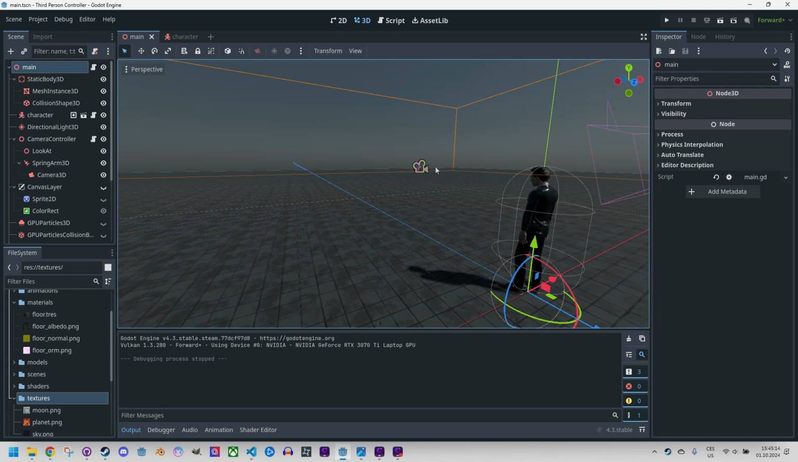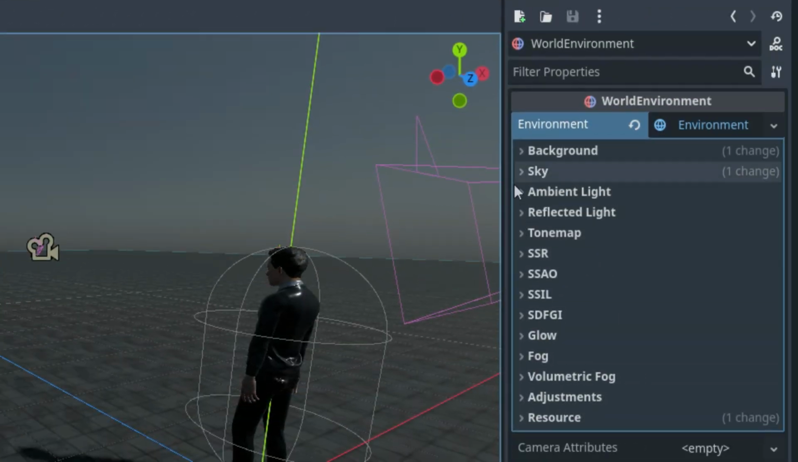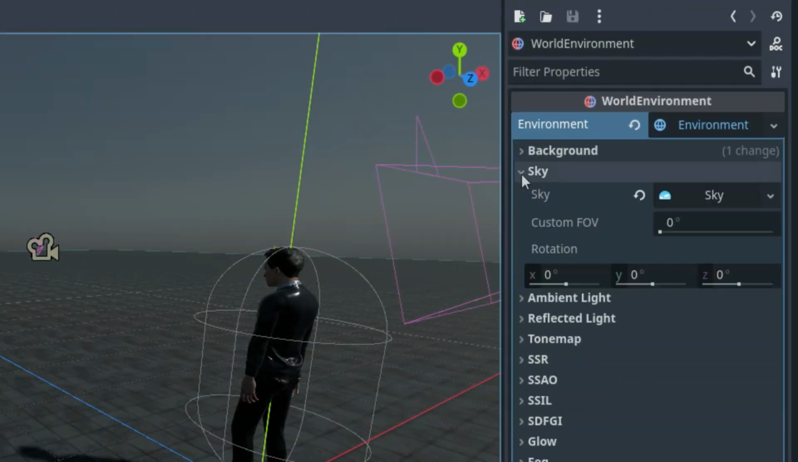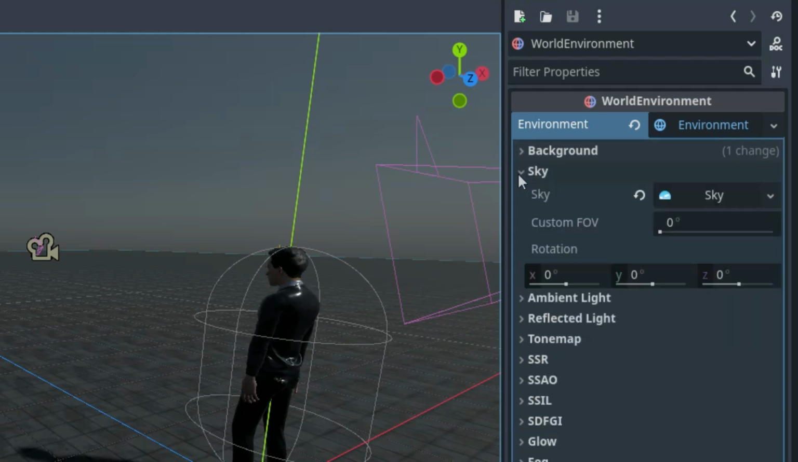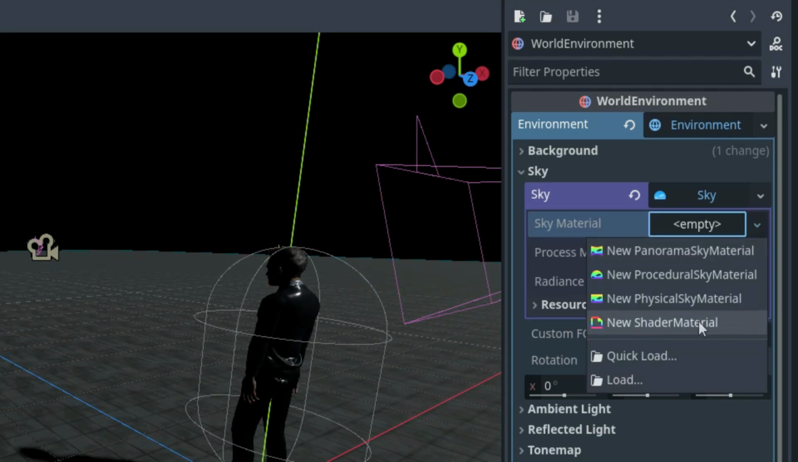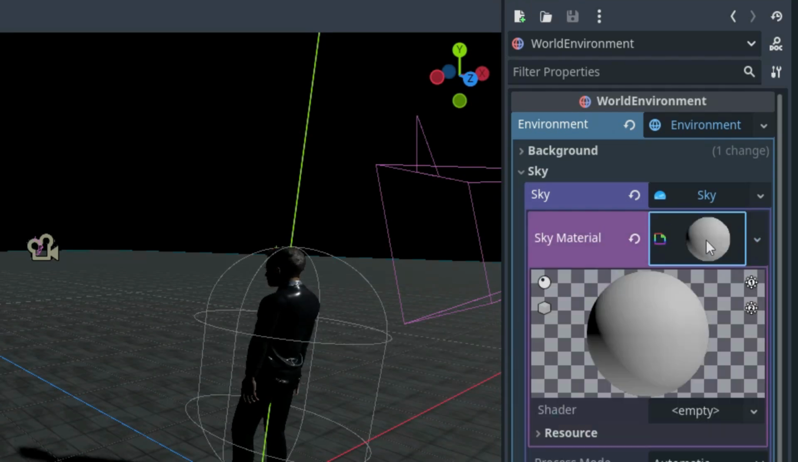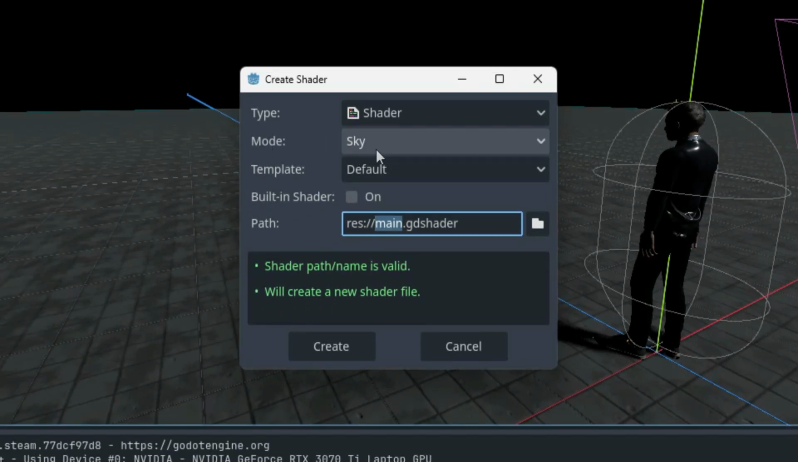So, this is my third-person controller project, and I'll open the world environment node of it in the inspector. Let's find it. Here it is, and the inspector. So now we have a standard sky environment, which is not what we need now. Let's change it. Sky will remain, but let's click sky, and instead of physical sky, I will use a new shader material. Okay, click it, and we need a new shader, which is now mode sky, and let's